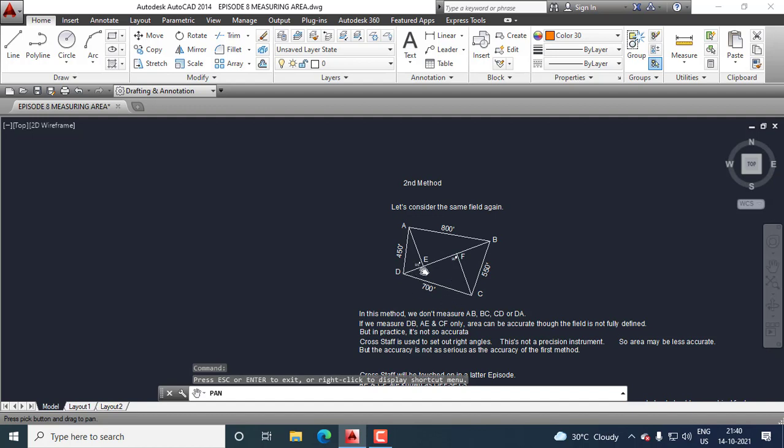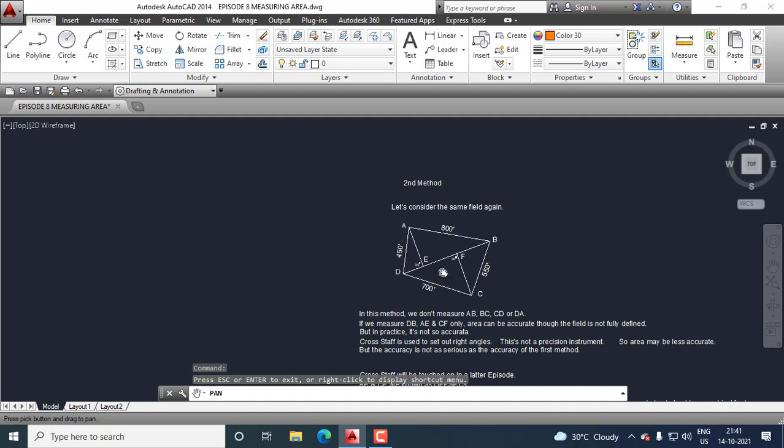But to calculate the offsets, we need much more labor and we need one calculator also. So previously, because there were no qualified surveyors, people were measuring these two offsets instead of calculating them, and measuring this diagonal, and they were calculating the area. Both the methods are giving accurate areas, but we can't measure these two offsets accurately because we can't set out 90 degrees here accurately and here also accurately.